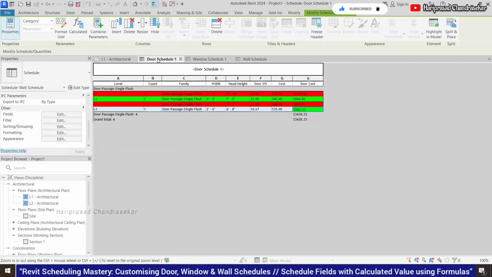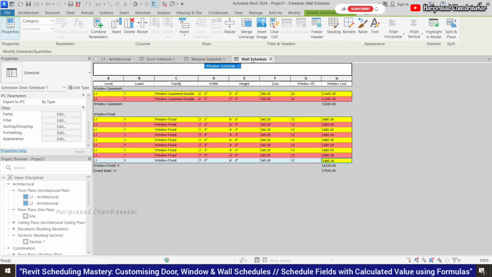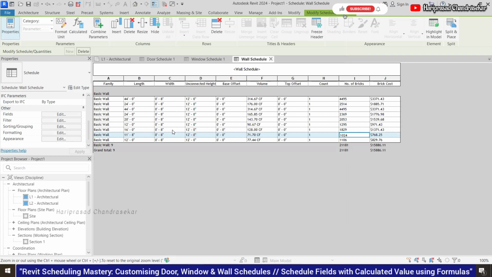Now you know door schedule, window schedule, wall schedules and all like this. You can make it for anything. I hope you understand the schedule concept. This is a kind of quantity takeoff that we can do in Revit itself. All this you can also take from here, which is available in Excel. You might be aware of deleting the row, inserting the row, freezing the headers and all. I hope you got the point about schedules.